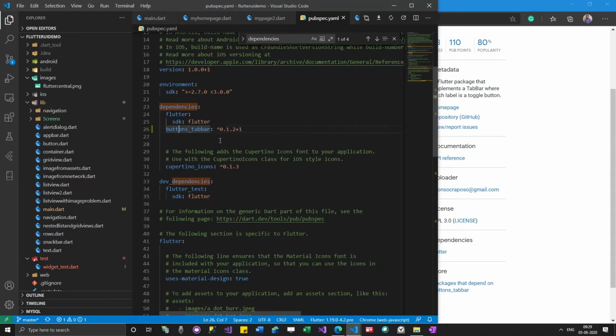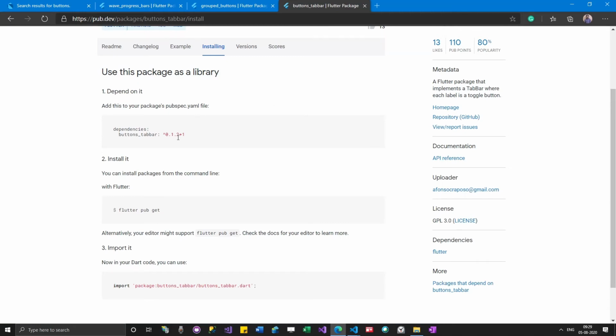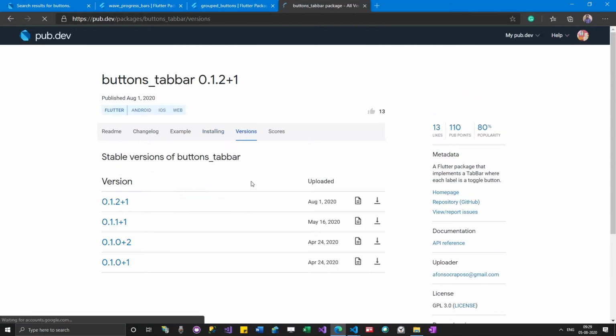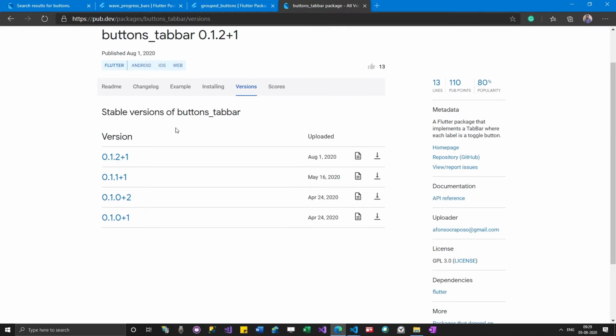It depends on what the documentation is showing. If you go to the versions tab, you can see the version number. So why are versions important?